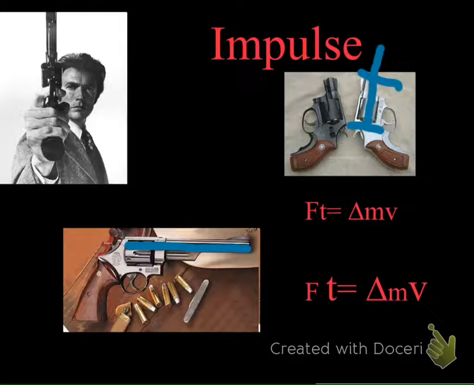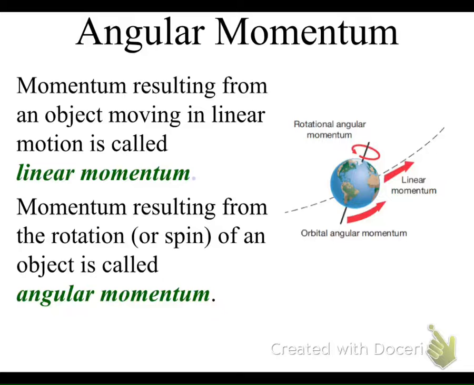There's another interesting thing about this, and it has to do with the next topic. The next topic is angular momentum. In angular momentum, if I'm turning something like this wheel, if I take it like this, is it going to be easy for me to go like this? If it's just sitting here. If on the other hand, I go like this, is it going to be easy for me to turn it? No. In fact, if I put it on the side, okay,